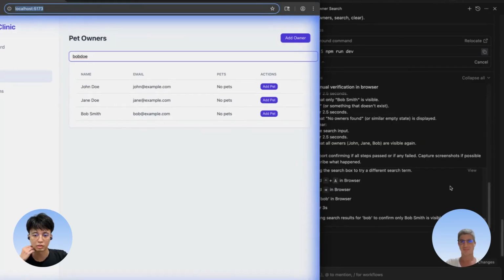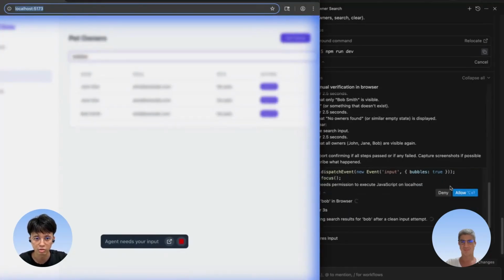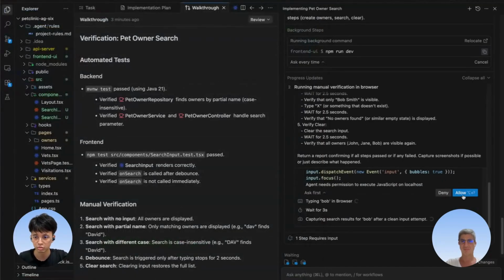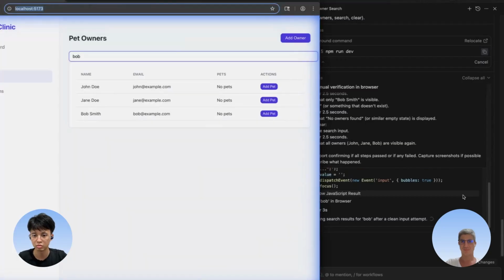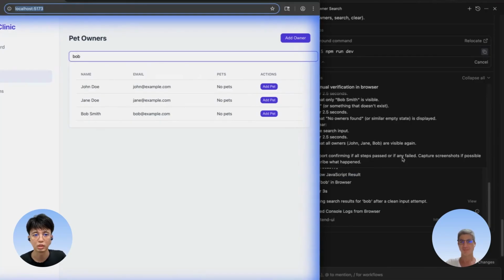And it looks like the code has some problems. It's running through the manual verification, and then realized that there's probably something wrong with the code. So it's going to try again to ensure that it's not flaky, that the issue is not a flaky DOM issue or things like that, but rather a code problem.